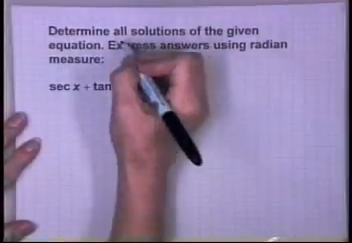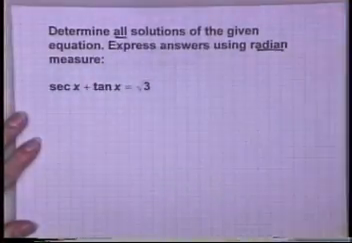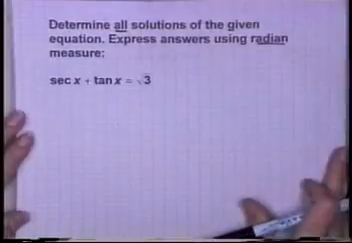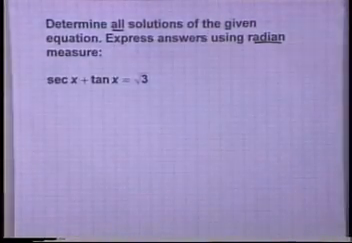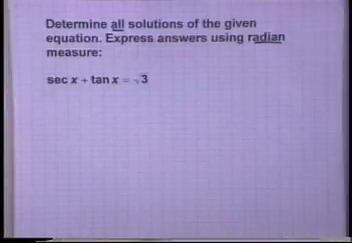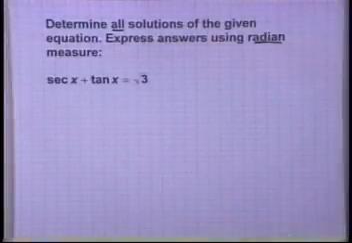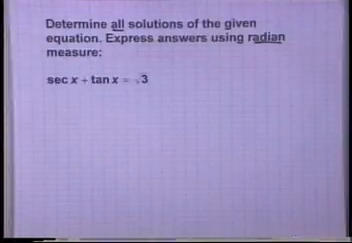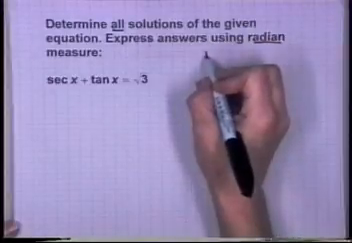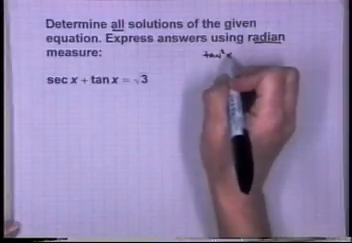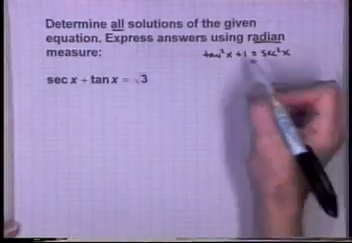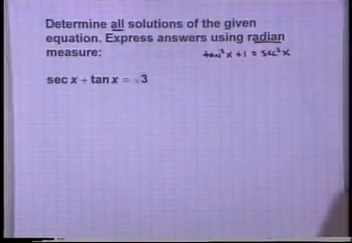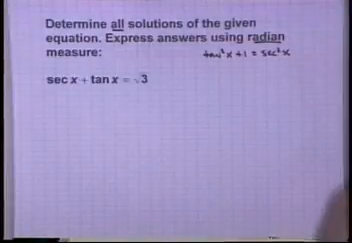Determine all solutions of the given equation using radian measure. Secant x plus tangent x equals the square root of 3. Now, this one has 2 different trig functions. There is an identity for secant and tangent, but if you remember, it's in squared form. Tangent squared x plus 1 would equal secant squared x. Because it's in that squared form, that suggests to me that I might want to square to get secant squared